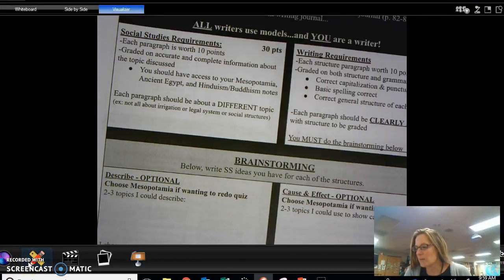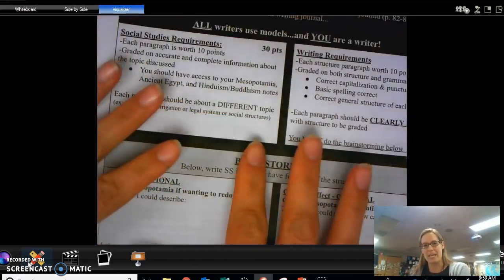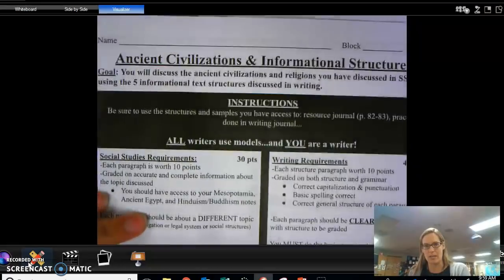Okay, so here's what we are going to be doing. This is the instructional video for what the overall project is going to be graded on. In the other videos that you will see when you scroll down with number 2 and underneath the red writing on the document, you will see the specific instructions for the different text structures. All I'm really going to talk about is this front page of this document right here, which you should have